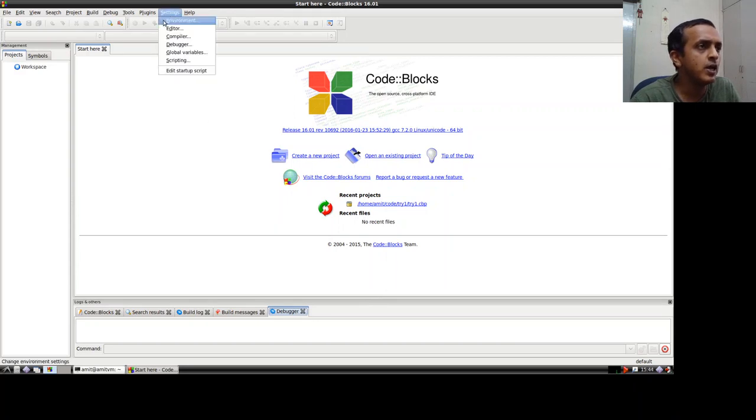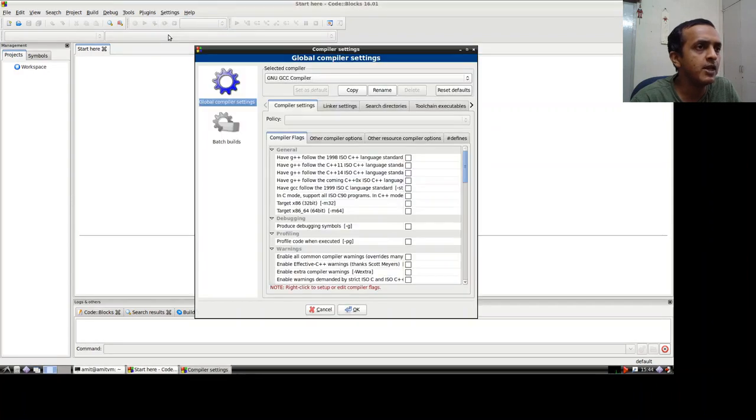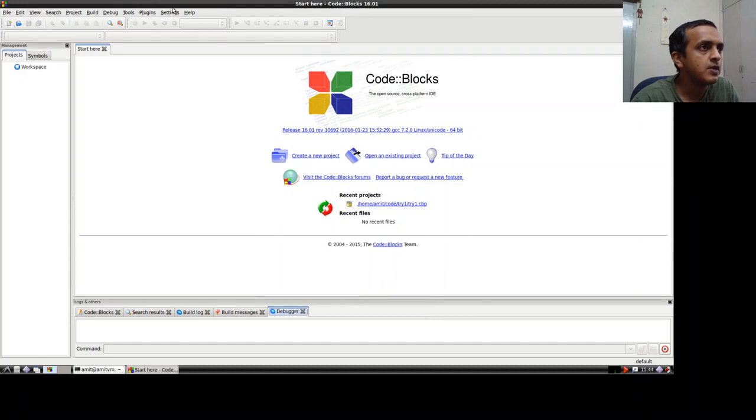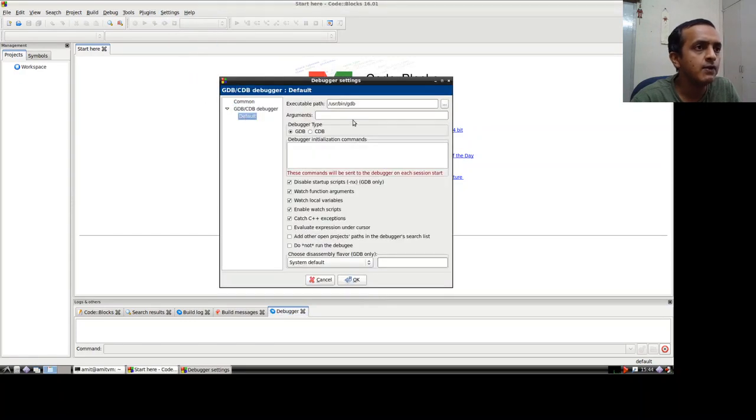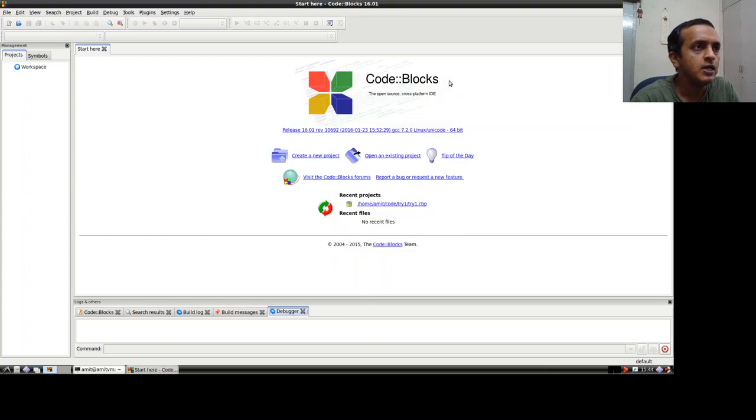Again, if you go and look at settings, you have the compiler, the GNU C compiler, and if I go under settings and debugger, again I will have GDB as the debugger. So no matter whether you are on Windows or Linux, the underlying compiler and debugger are going to be the same. I assume that you know the terms compiler and debugger.